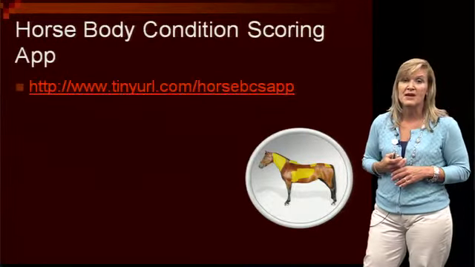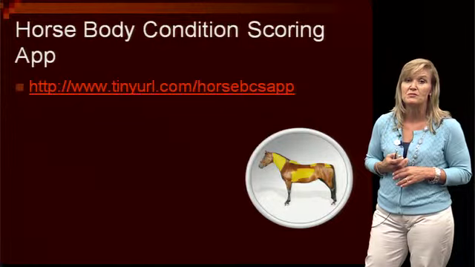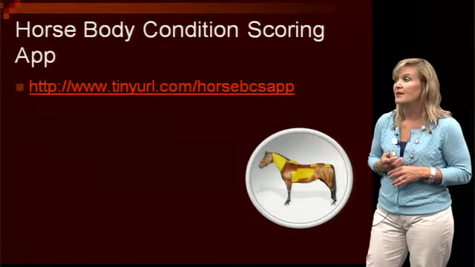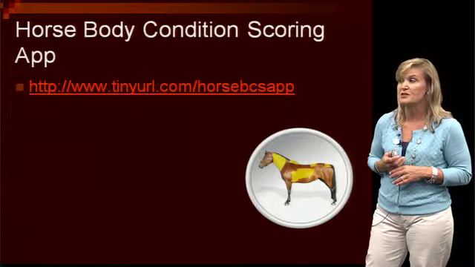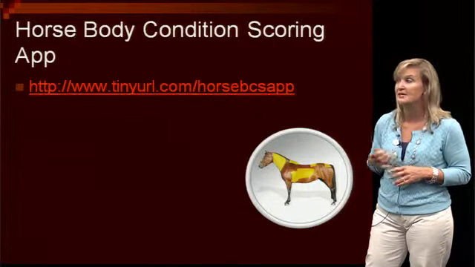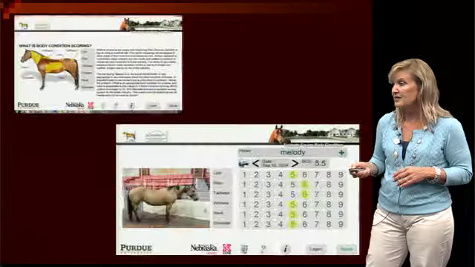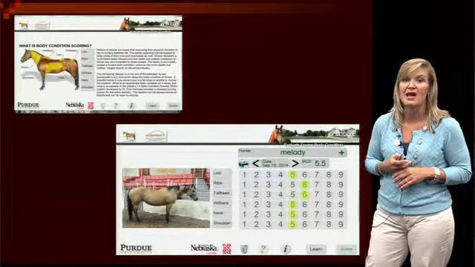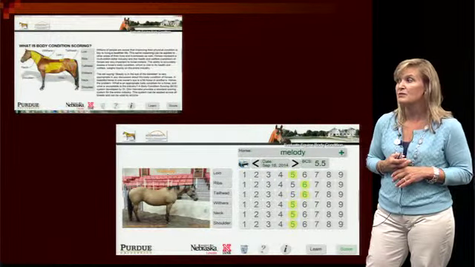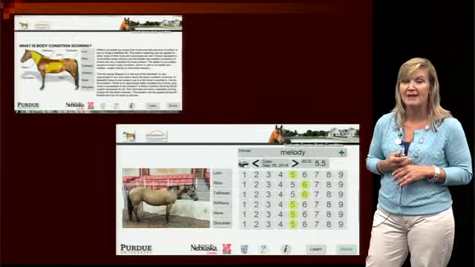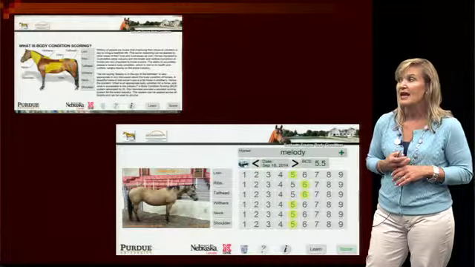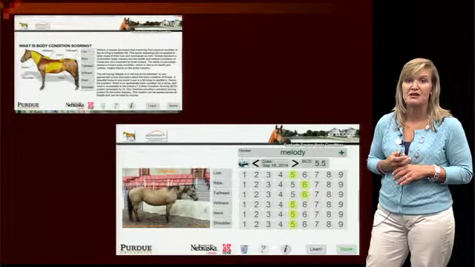If you want to know more about body condition scoring, we do have a new mobile app that's available. You can find it just by searching Horse BCS. This is a link that you can go to find the app, and I've put in a couple of screenshots, because if you have horses over time, it's a really good tool to catalog the condition of those horses